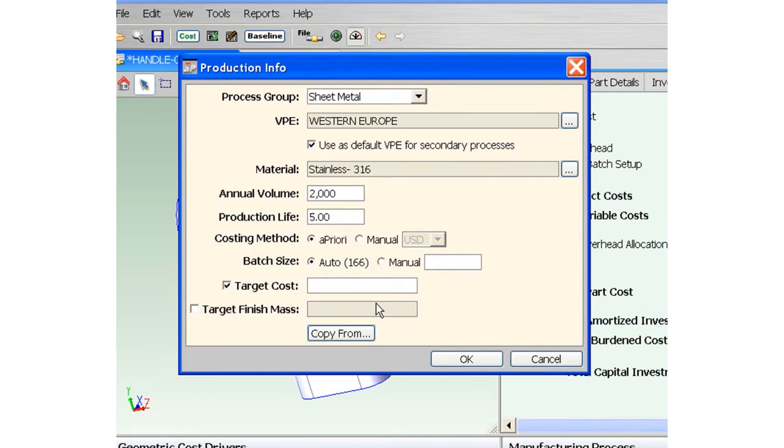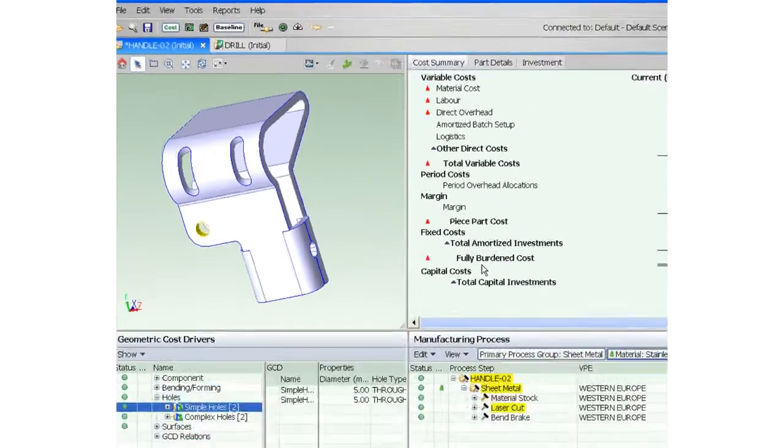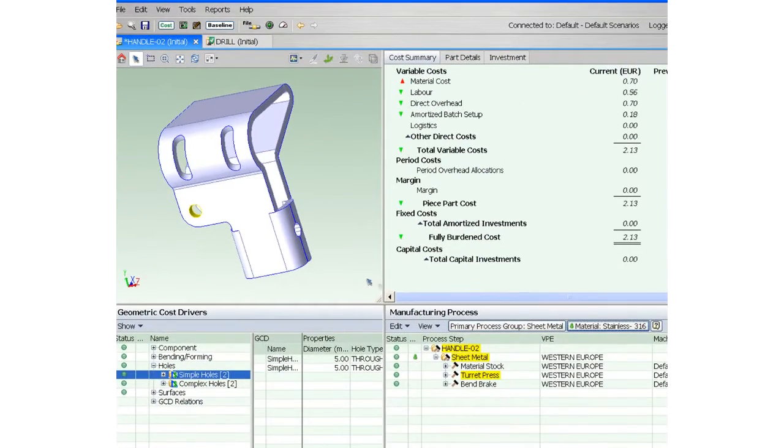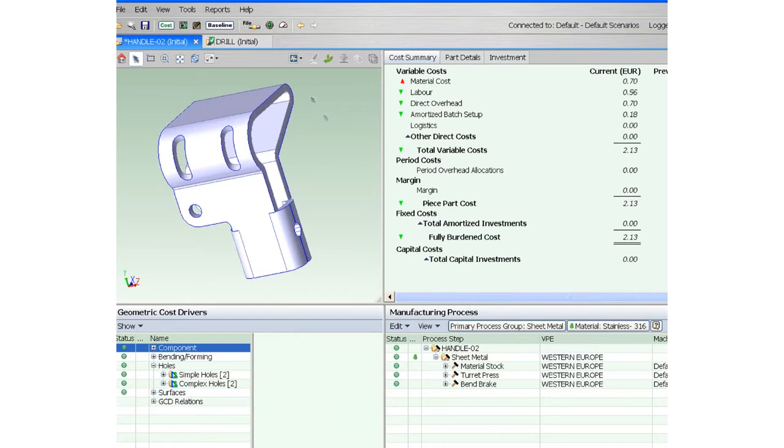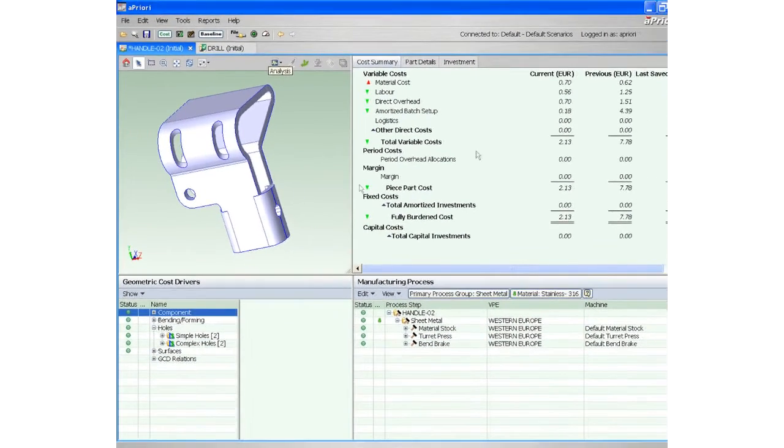At this point, we can also set a cost target. Let's say that the designer has been given a cost target of €1.55. We apply those changes, and with the updated volumes, aPriori says that it's a €2.13 part, and it's automatically selected a different routing. aPriori now says that the most economical way of making that part is turret press and bend brake. While this is a significant saving, we're still 38% over our target cost, so we can now run aPriori